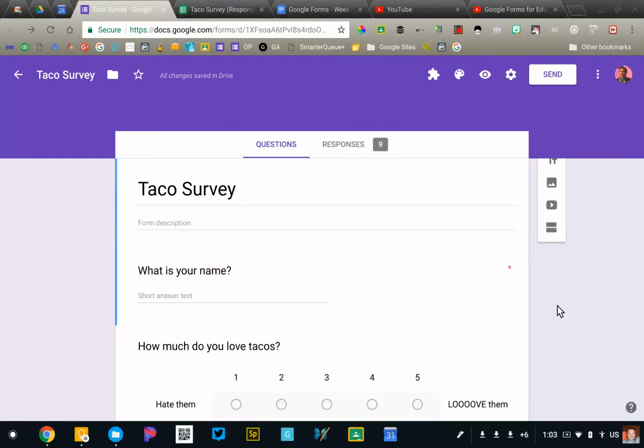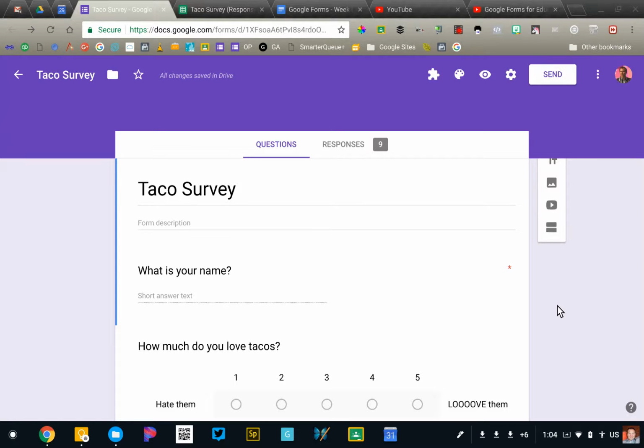The team that designed Google Forms evidently really likes the color purple, because every time you create a new form, you have a giant purple banner at the top of your screen. In this video, we're going to talk about how to design your form to look more visually appealing. That will encompass the theme of your form, as well as inserting some page breaks and headers as well.